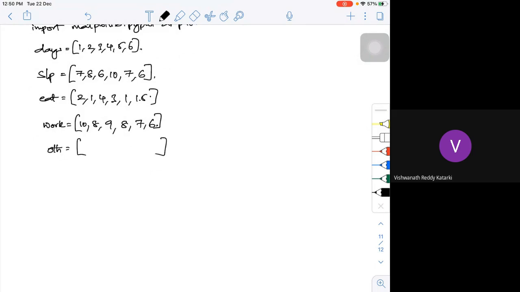Okay. Now, the beauty, what you have to do, you have to look at the first person. If you add 10 plus 2, it's 12, 12 plus 8 is 20. So other activity is 4 hours. So here 8 plus 16, 17, 18, 19. Yes, 5 hours. So 6 plus 4, 19, 20, 21, 22. He has only 2 hours for other activities.